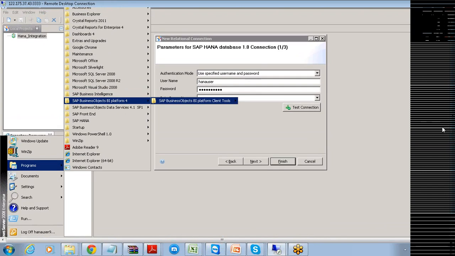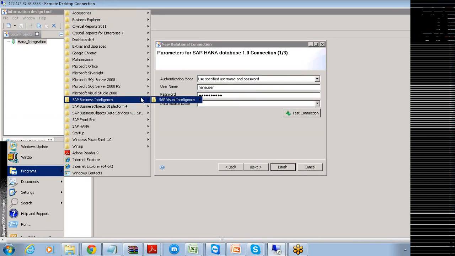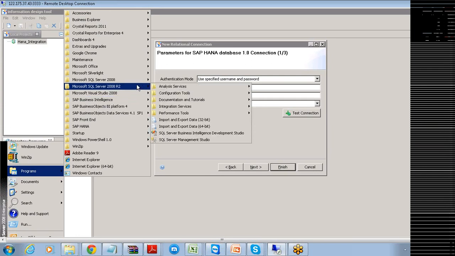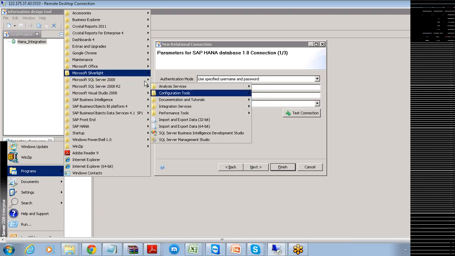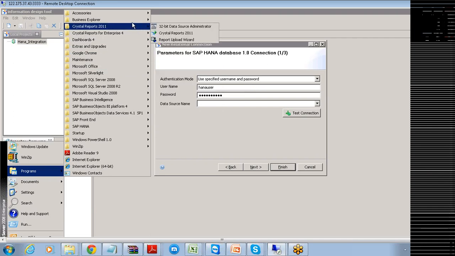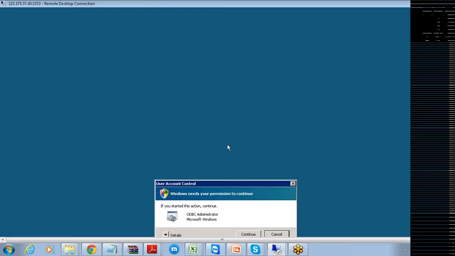It was there before in the previous server, Archana, but it is not there now. See that import export 32-bit. What is that? This is a SQL server. Okay, yeah. Trying SQL Server 2008.